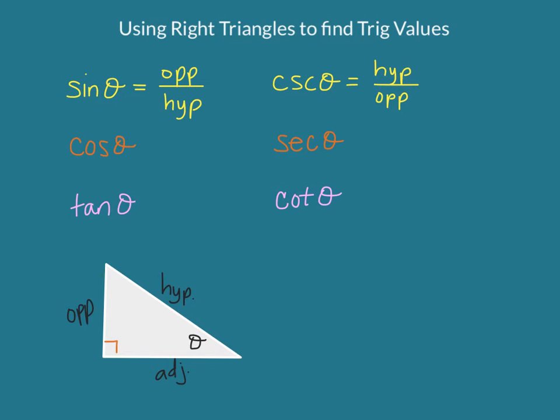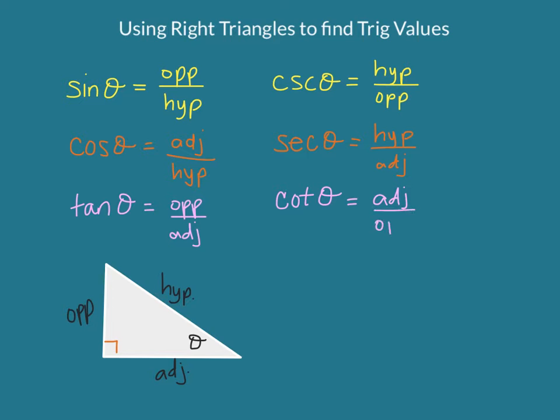The cosine of theta is the adjacent side divided by the hypotenuse, and the secant is the reciprocal of cosine, so it's hypotenuse divided by adjacent. And the tangent of theta is the opposite divided by the adjacent, and the cotangent is that reciprocal, the adjacent